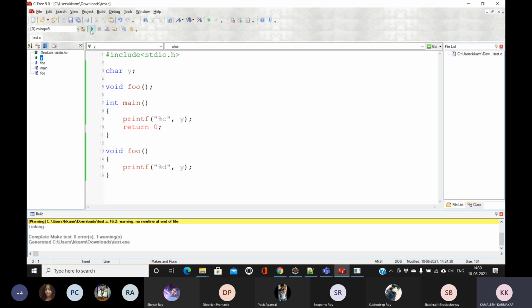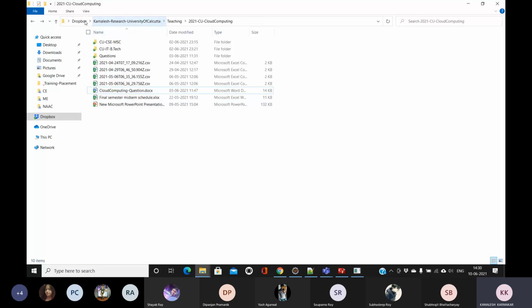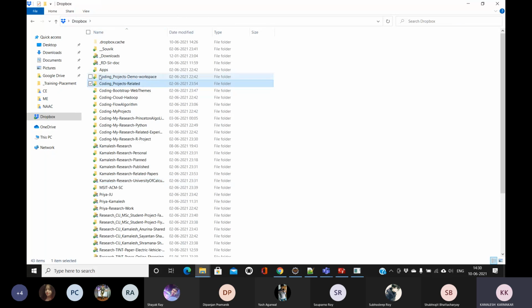I can show you in the last few classes why it's problematic, because till now whatever programs you are writing are basically single page, single file programs. But if we want to design any software, then it will have multiple files. The whole code will not be written in a single file. So if you have multiple files, then one file needs to be included in another file. In those cases it will create some problem. I will try to show you.